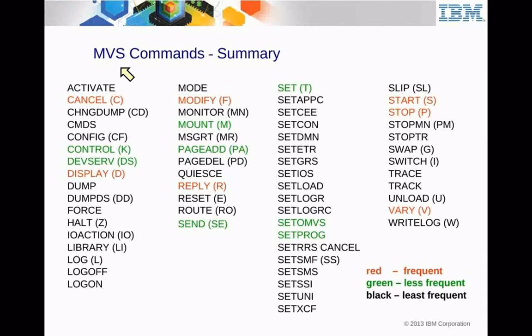So there are these things called MVS commands, because guess what? There's Unix commands also. So sometimes you'll read the books, and some of the books may say MVS. It's some of the traditional stuff that had been in the operating system prior to